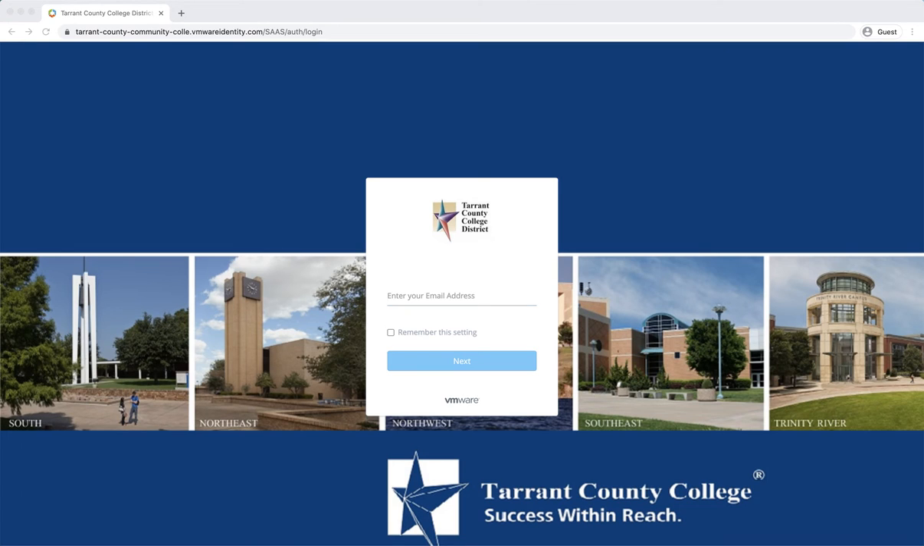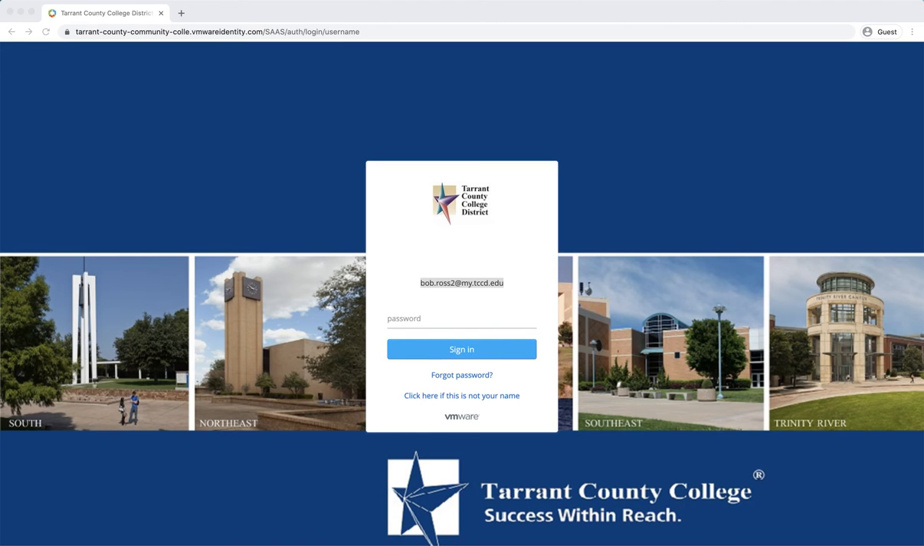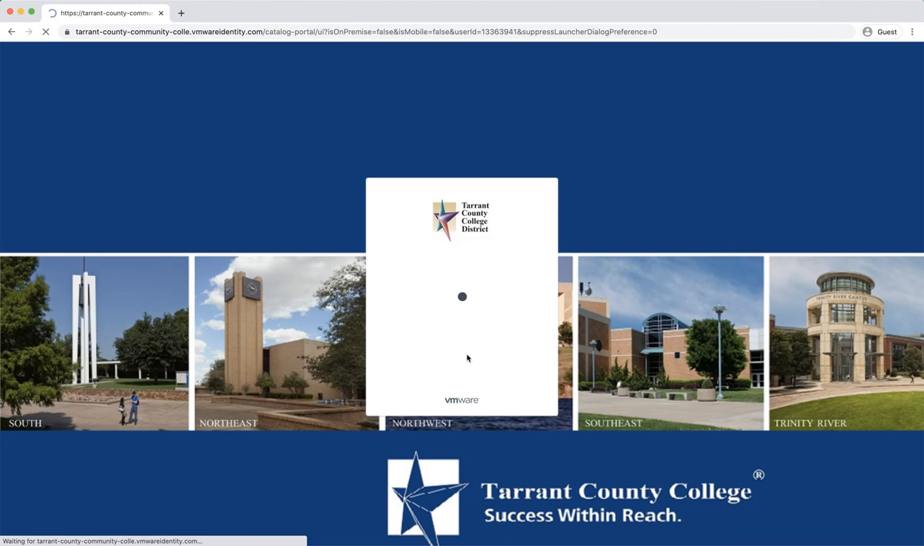This is going to look like the login screens you see at Tarrant County College on a lot of our pages. So the first thing you're going to do is enter your email address, your single sign-on login, into the username, and then hit next. And then, just like you log into your Tarrant County College account, the next thing you're going to do is put in your password and click next,